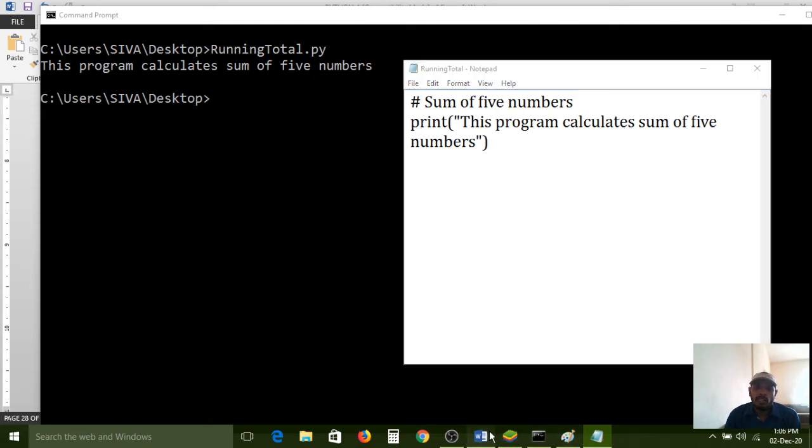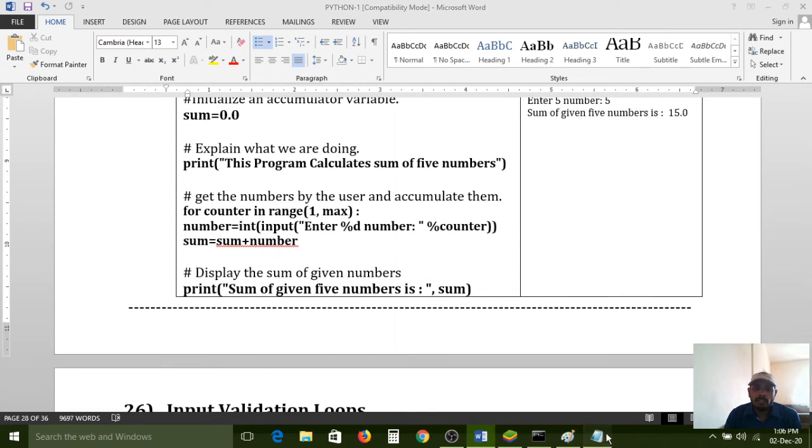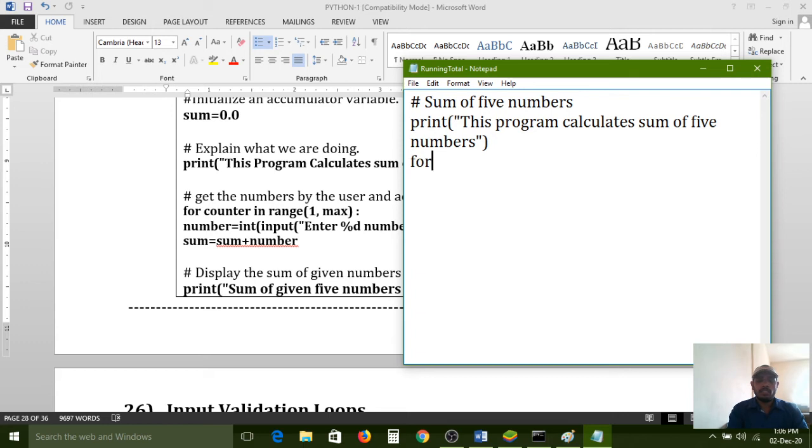For that, here I am writing one for loop. For i, where i is the iterating variable. In this place we can write some other name too, but for your understanding I simply gave i. And I am using the range function.